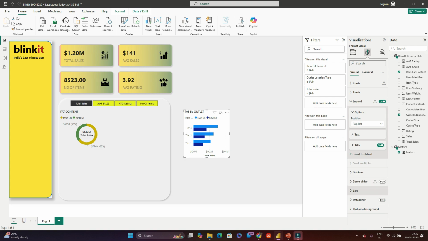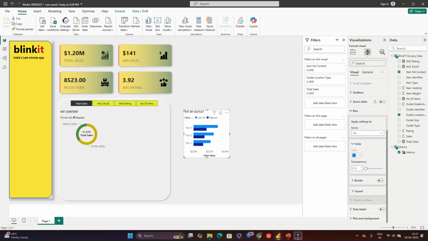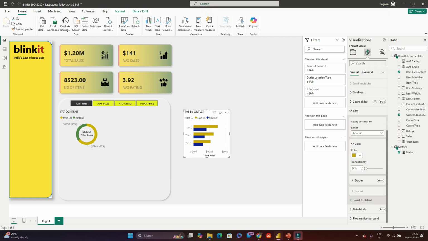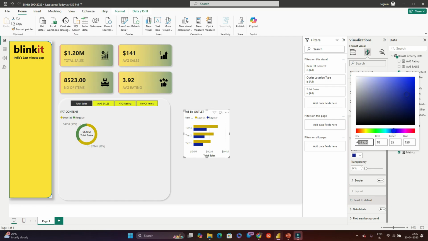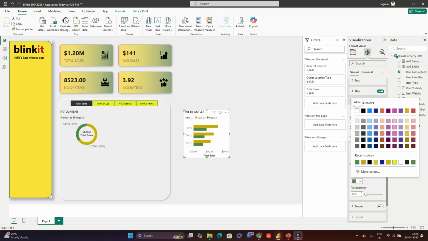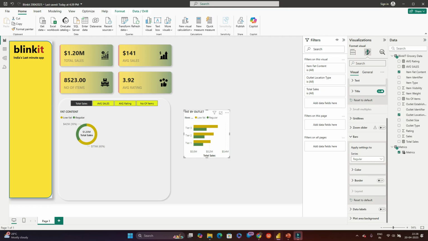Yes, it's there. And coming to bars, so here we have low fat, that's color is CDA900 and regular is no color, hashtag 568949. Yes, it's there. And then color, it's done. Border is not required. Then